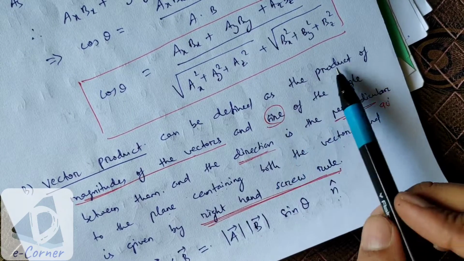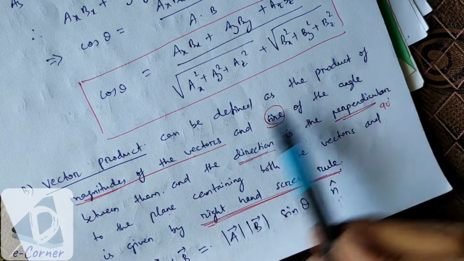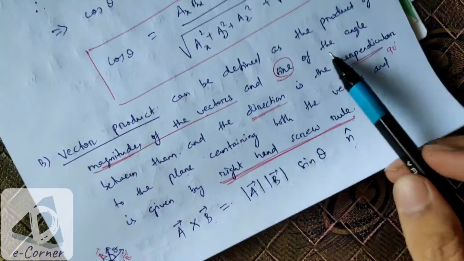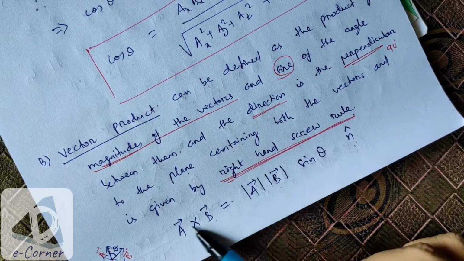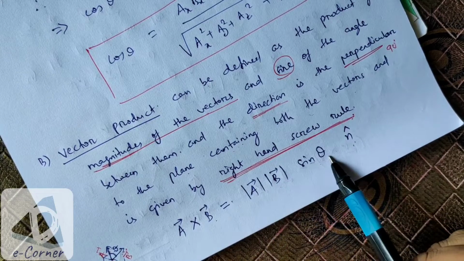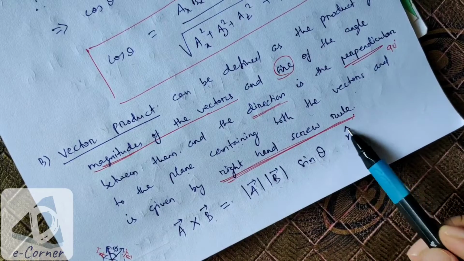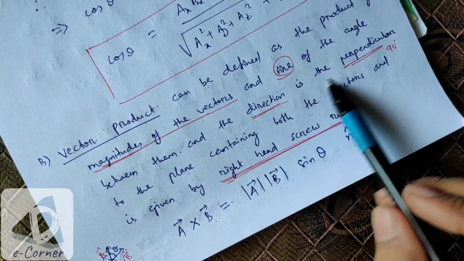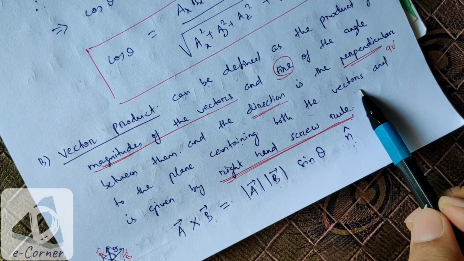So the magnitude is the product of magnitudes of vectors and sine of the angle. We can write A cross B is equal to mod A into mod B and sine theta n cap. Theta is the angle between these two vectors. And here n cap is the